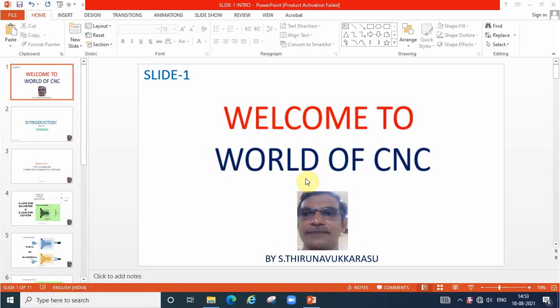So in this slide we are going to see some basic ideas about CNC lathe, particularly CNC lathe operation. For writing a program, we must know some important things: what type of programming we are following, what axes we are using, what type of dimensioning we are following, and what G codes and M codes we have to memorize. These things we are going to discuss one by one. We will see now.